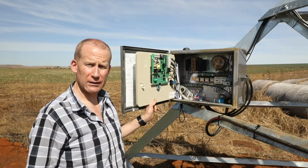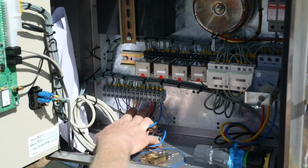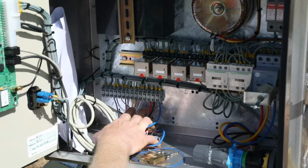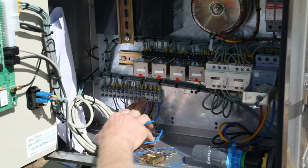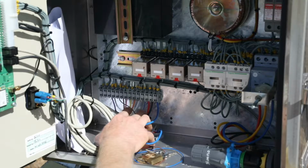The pivot optimizer allows this to be transmitted over the radio network. The pivot control panels have an output terminal where you can connect into the pump run command. This particular pivot panel is an Agrico pivot, so we've connected onto the WW terminal and neutral terminal. When the pivot panel wants the pump to run, these terminals are energized, and this in turn energizes the relay